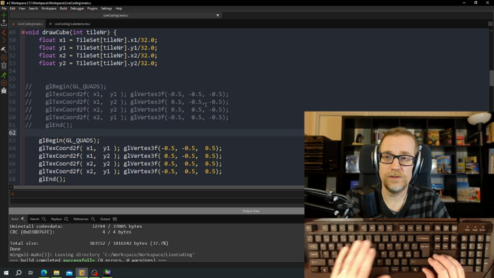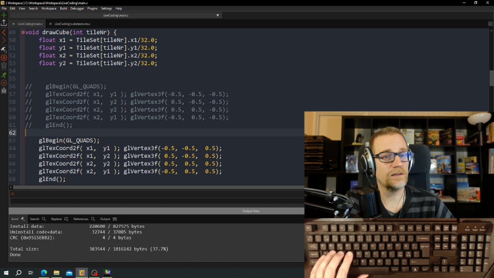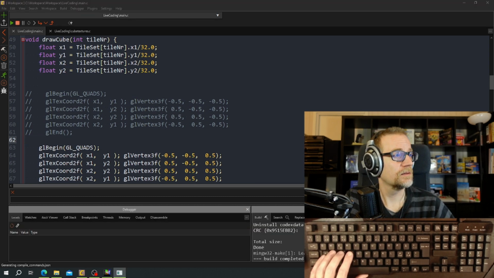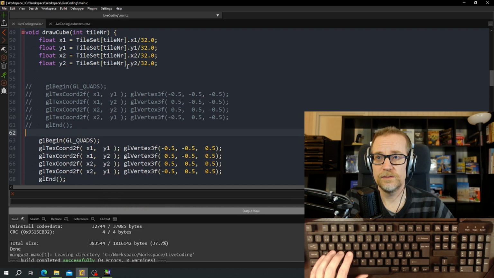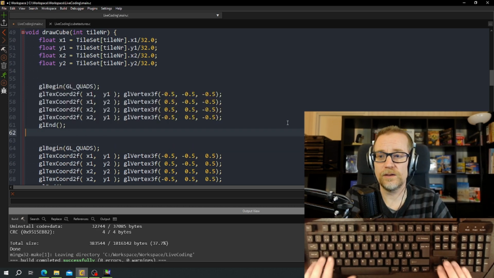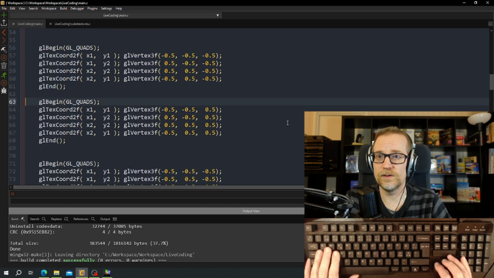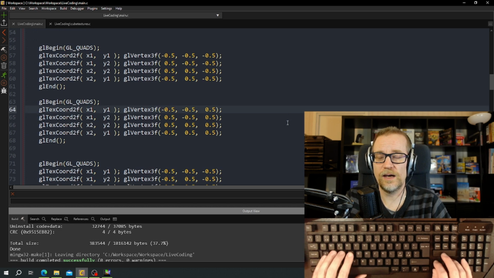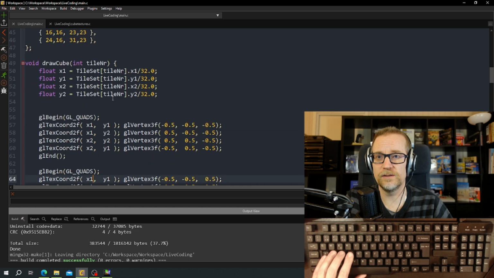Turn off this one and see what face that is. And that looks like to be the top one. Okay, the top one draws the correct thing. Then this one is the bottom one. So we can just add in an offset, not the nicest way to do it, but